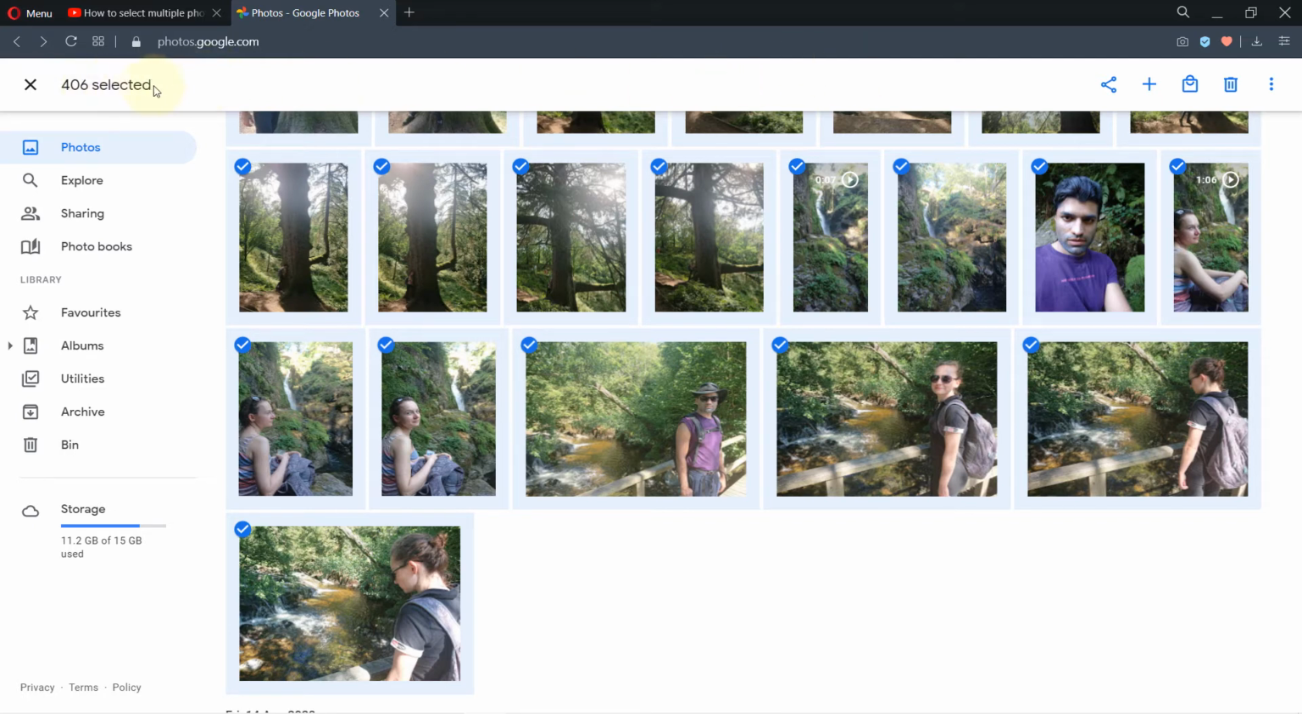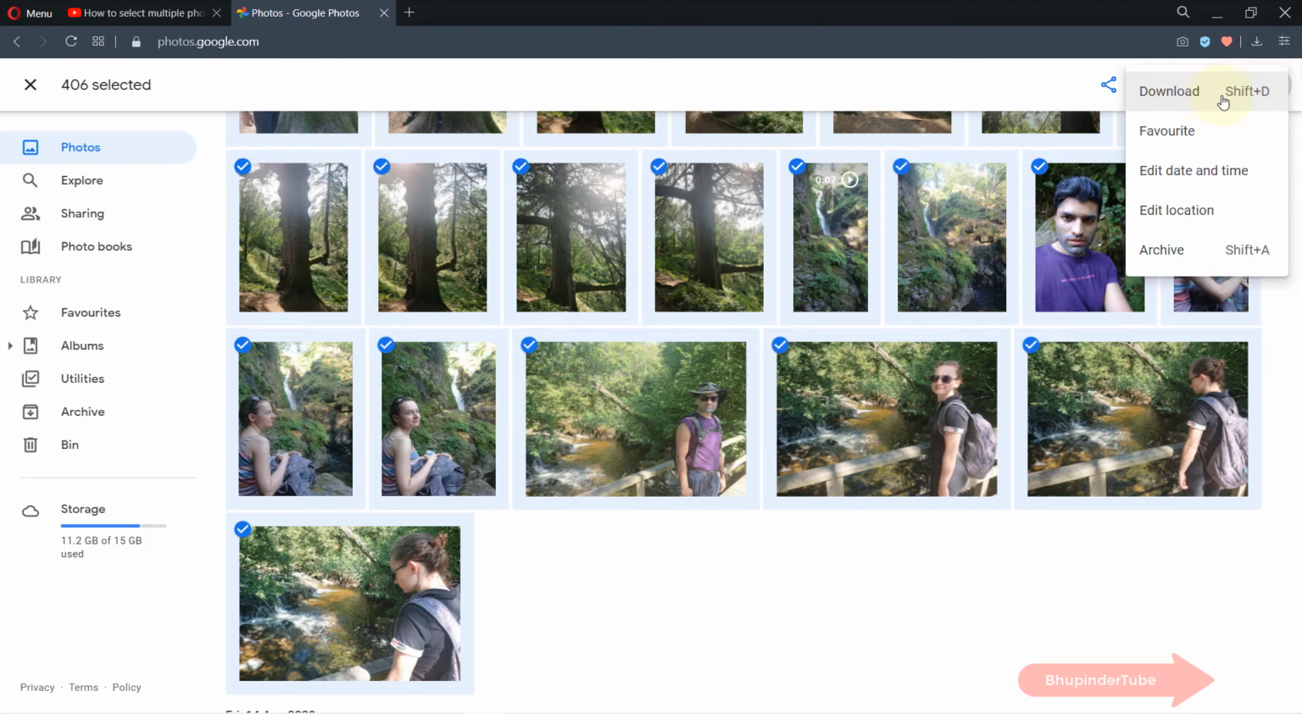That means we can download, because this is within the 500 limitation of Google Photos to download photos and videos. Then click on these three dots and then click on download, or obviously you could also use Shift plus D